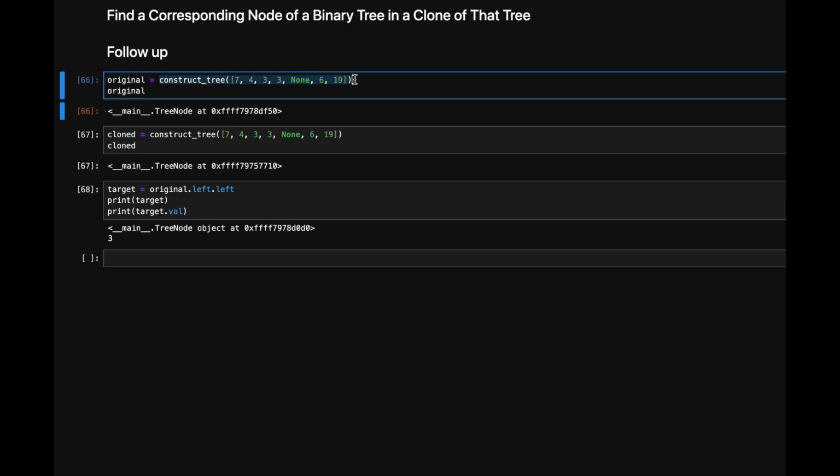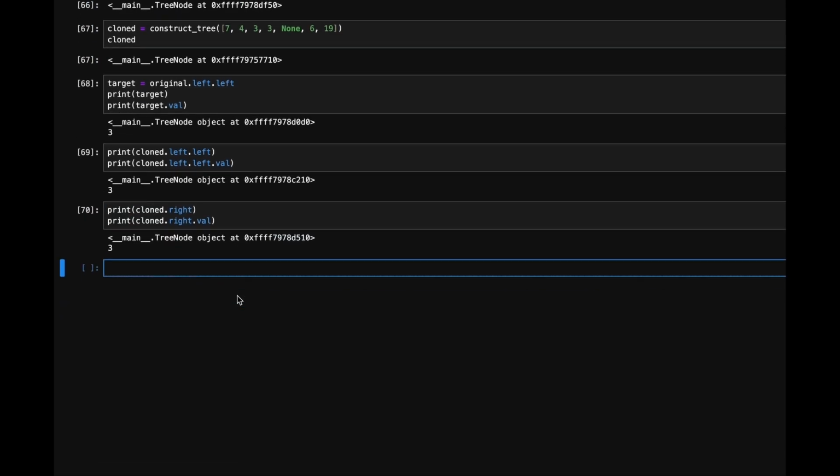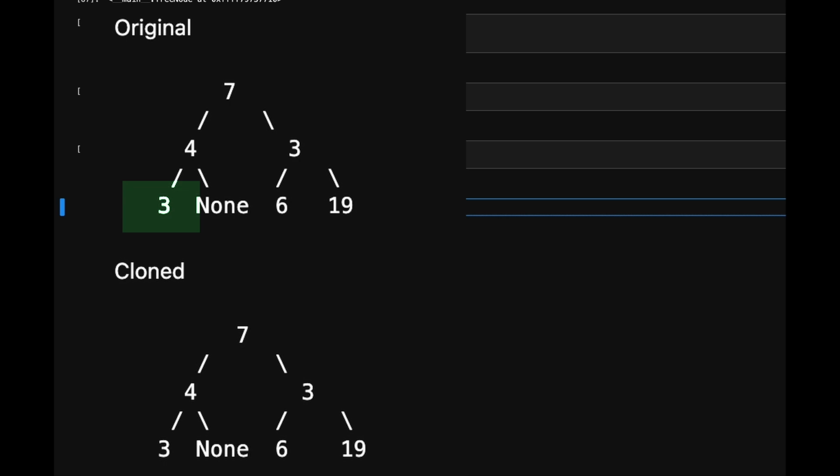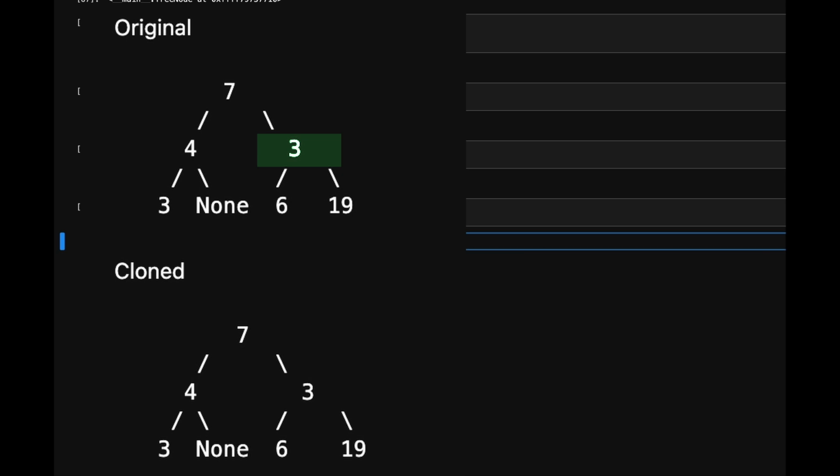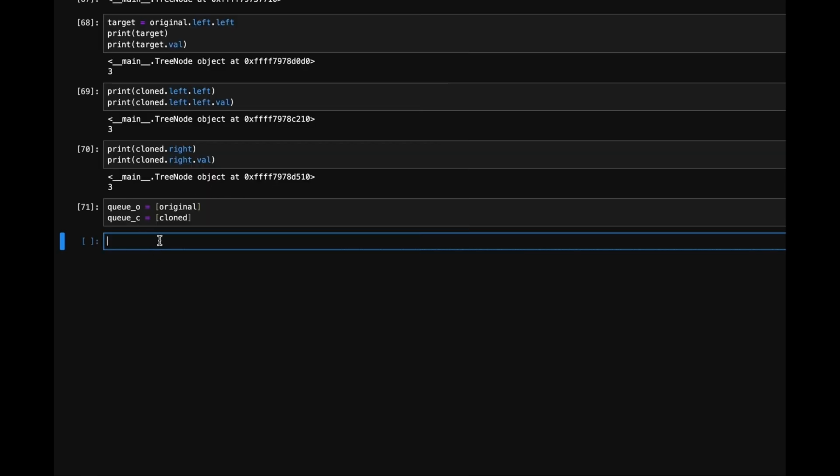Now the follow-up question is that, what if there are duplicate values? In our previous implementation, we checked if a node's value matched the target node's value. However, this approach doesn't work when there are duplicate values. For example, suppose the target is the left node of the original tree, which has a value 3. The original tree's right child also has a value 3. When traversing the tree row by row, we will encounter the right child first. Since its value matches the target, our previous method would mistakenly return the right child's corresponding node in the cloned